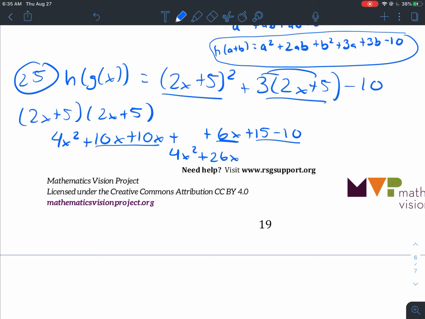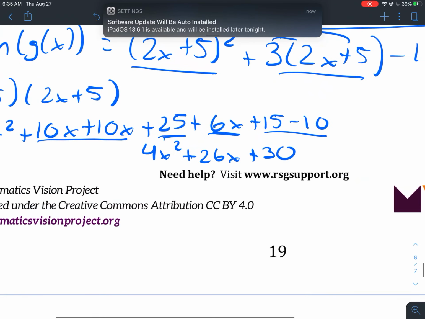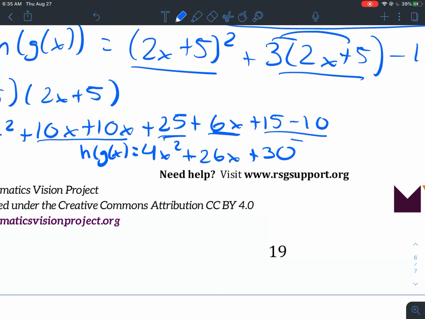I just realized I made a mistake. 5 times 5 is 25. I apologize. I put a 10. I did 5 plus 5. So that should be a 25. Then we need to combine our constants. So we get plus 30. I do apologize for that. All right, so we get h of g of x is going to equal